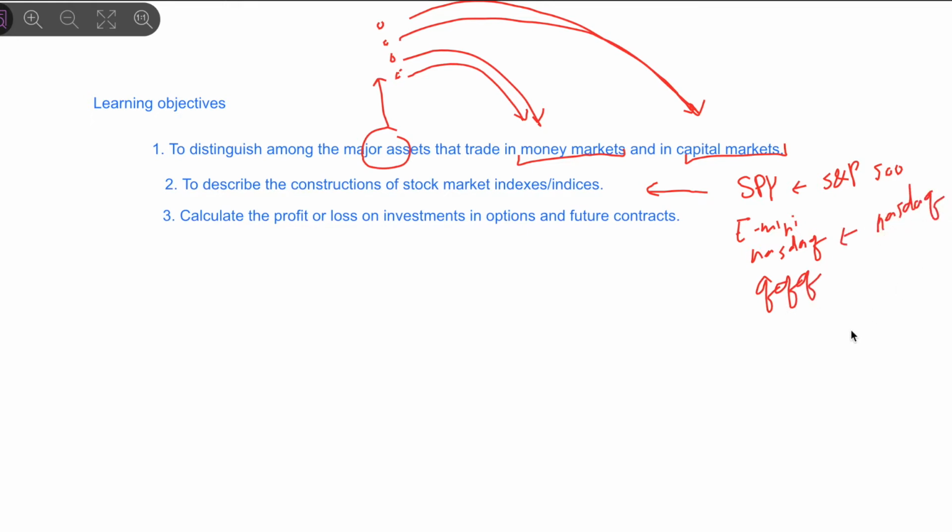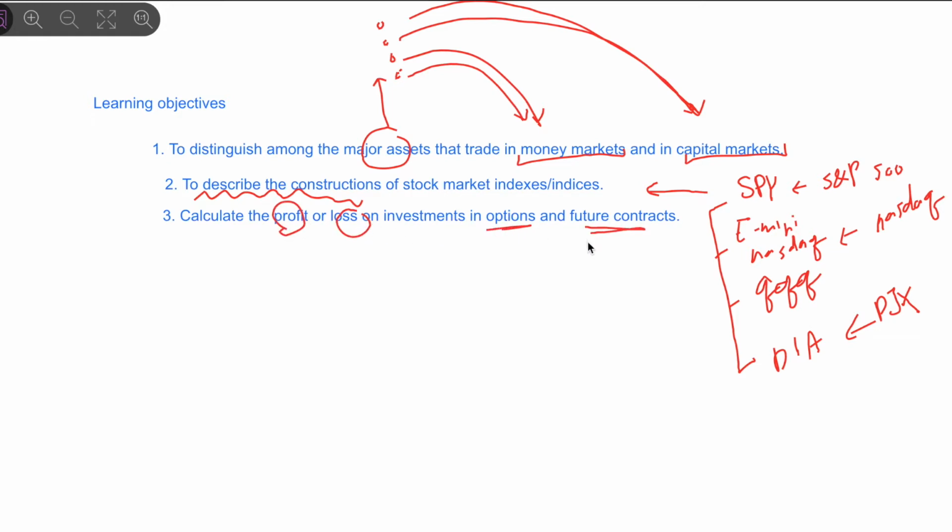NASDAQ, right? And we have DIA, which follows the Dow Jones. Right, so we are seeing a lot of ETFs in real life, and we're gonna describe the construction of those stock market indexes. Okay, and number 3, we're gonna calculate the profit or loss on investment in option and